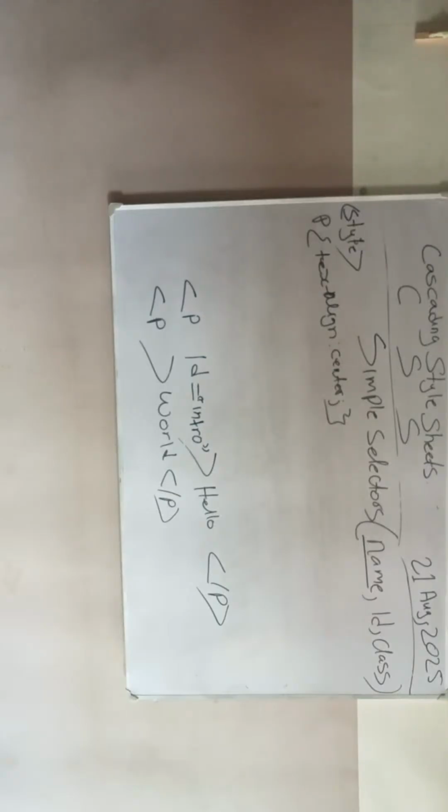The ID selector uses the ID attribute of an HTML element to select a specific element. Then I want to explain that the ID of an element is unique within a web page. So the ID selector is used to select one unique element in a web page. Now, to select an element with a specific ID,